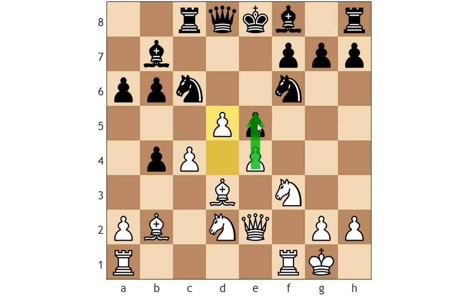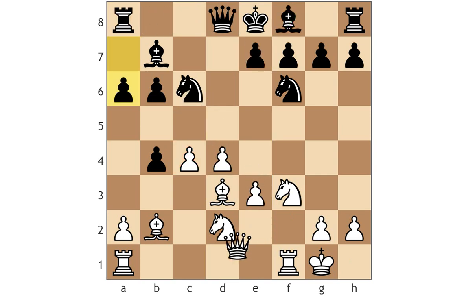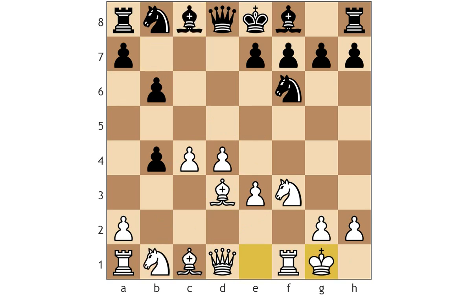After this e4 idea, black plays e5, and you push d5, and he gives a check here, or some kind of piece to c5, and you have a good strong center. This is just a really nice position, and black is struggling. That's pretty much it for